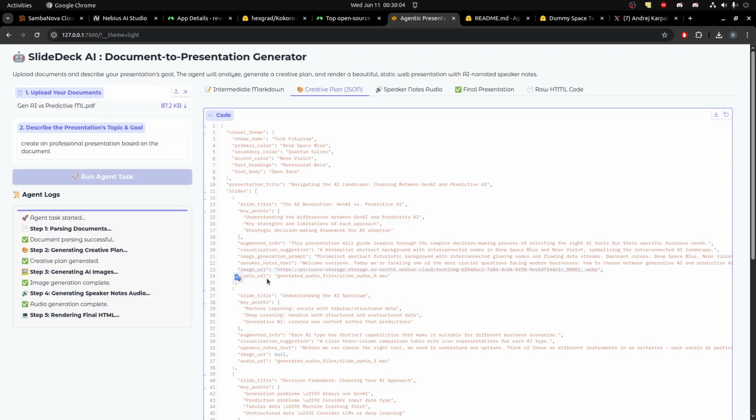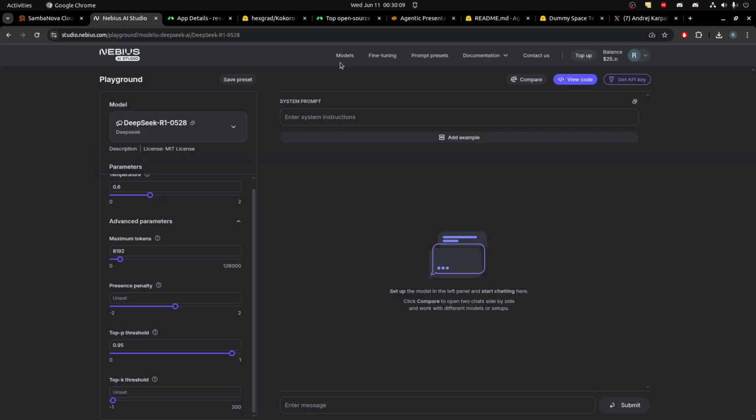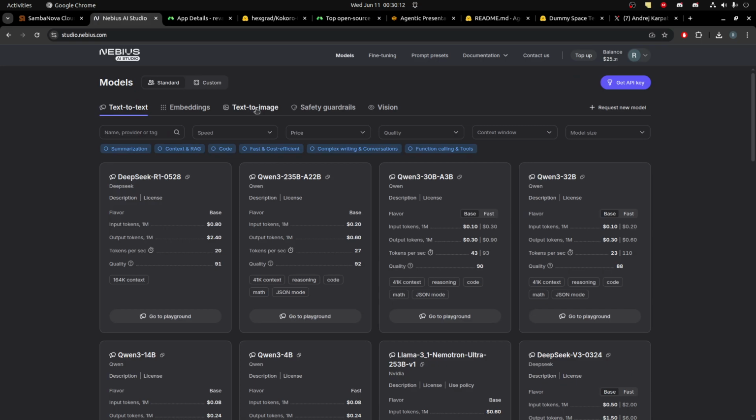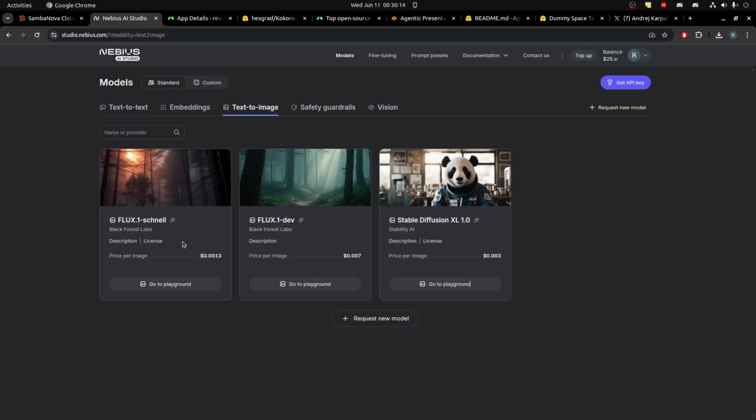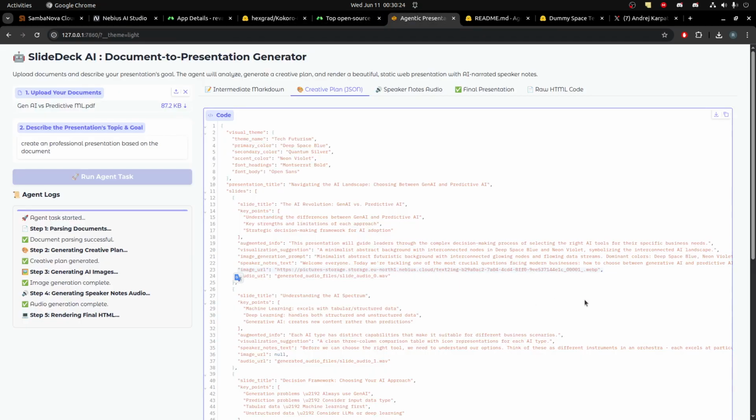For this particular use case, I have been using Nebius AI Cloud, and in this we have a lot of models. I have been using the Flux Schnell model, which is quite good at generating images, I would say one of the state-of-the-art models out there. Once we generate the images, we fetch the URLs from Nebius AI Cloud as well. And moving on, since we already have the speaker notes text with us, to help us present better,